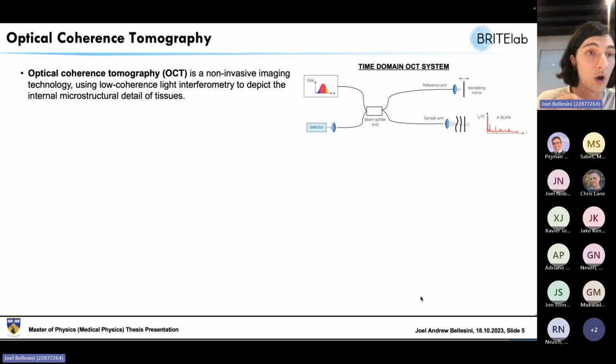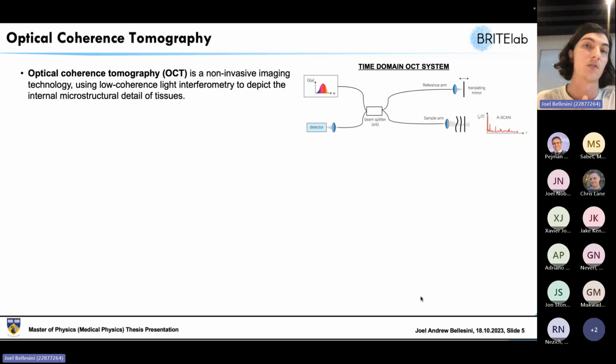So introducing optical coherence tomography, or abbreviated as OCT, as a potential solution. OCT is a non-invasive imaging technology which uses low coherence light interferometry to depict internal microstructural detail of tissues. It works in